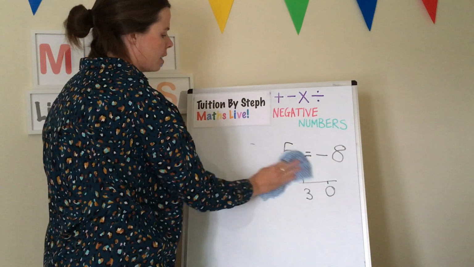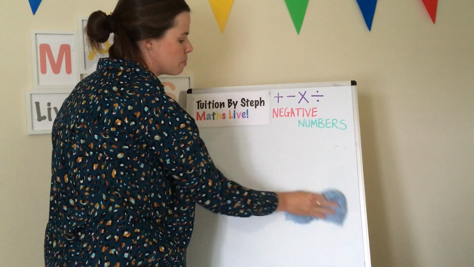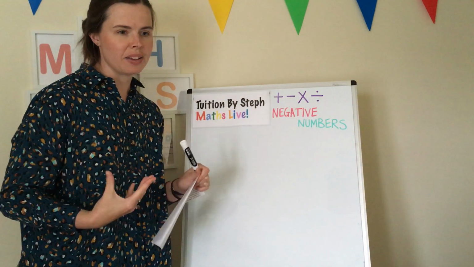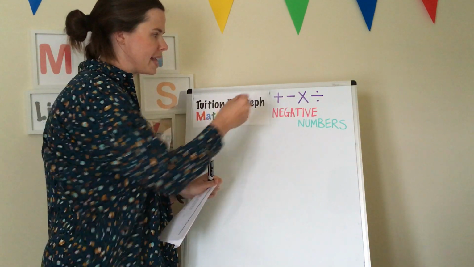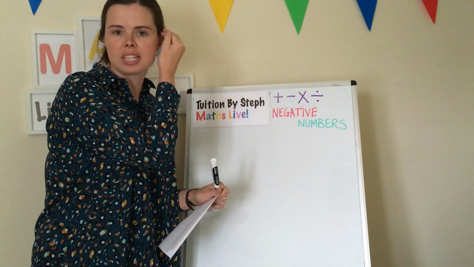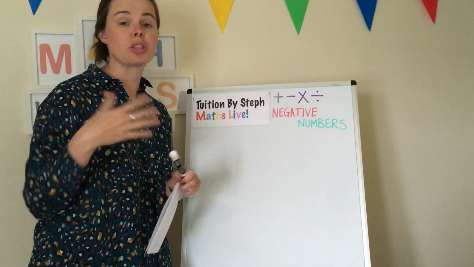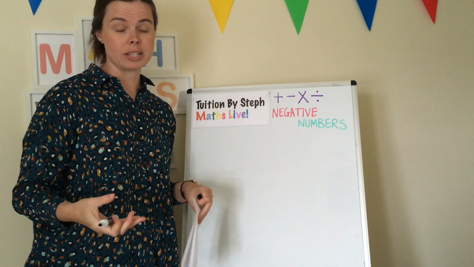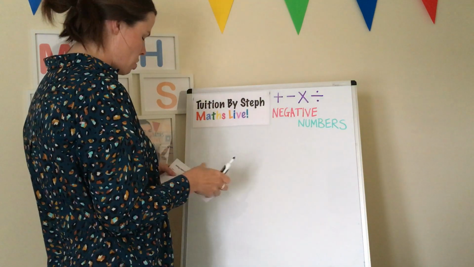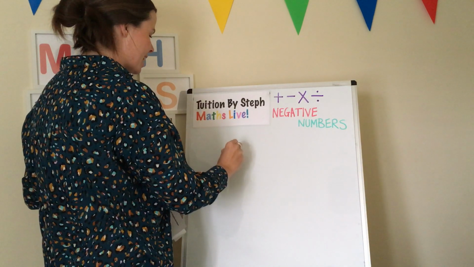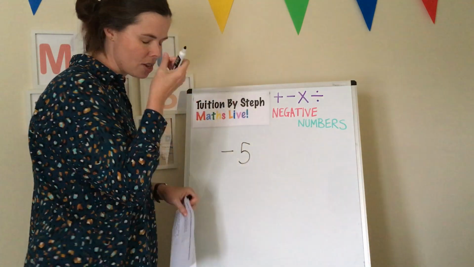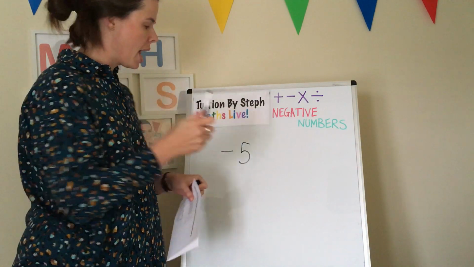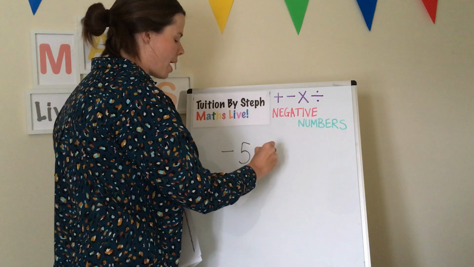Now then, this is where it can be a little bit trickier, because we will be putting negative numbers straight next to the operations, and that can look a bit confusing, but there's certain rules that can help us. First of all, we'll start with addition and subtraction. So you might have -5, so picture that in your head, right, we're at -5, we're less than 0, and then we've got to take away